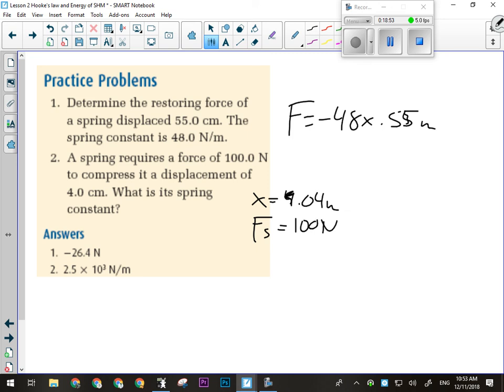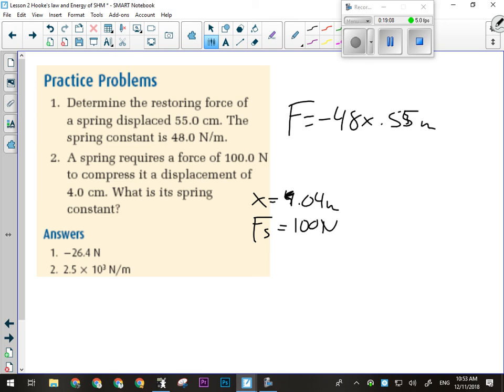Well, it'll end up positive, but it'll be weird. It can end up that we don't want, like, k can't have a positive or negative value. k is an absolute value. So what we have here is 2.5 times 10 to the 3 newtons per